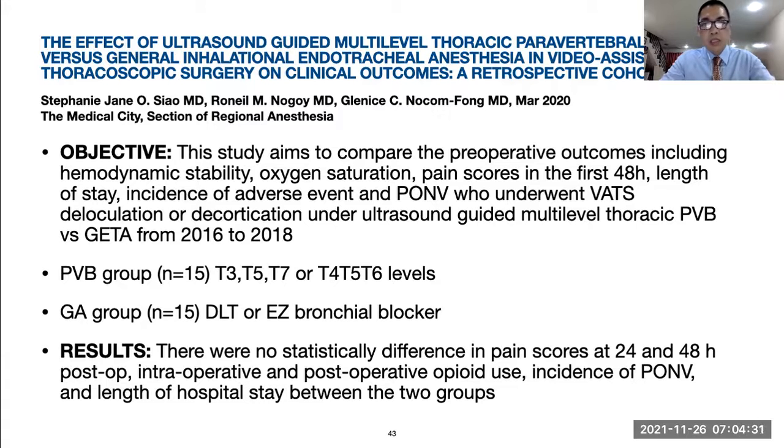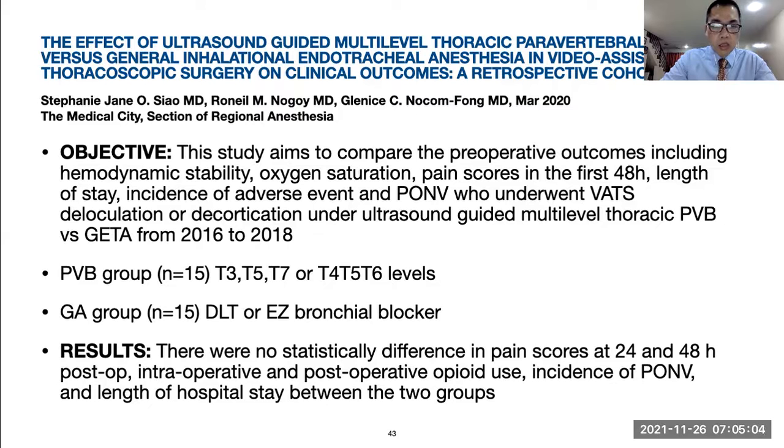The objective of this study is to compare the perioperative outcomes, including hemodynamic stability, oxygen saturation, pain scores in the first 48 hours, length of stay, incidence of adverse events, and postoperative nausea and vomiting, in those who underwent VATS deloculation or decortication under ultrasound-guided multi-level thoracic paravertebral block versus general anesthesia. In the PVB group, the levels were T3, T5, T7, or T4, T5, T6, and the GA group used the DLT versus the EC